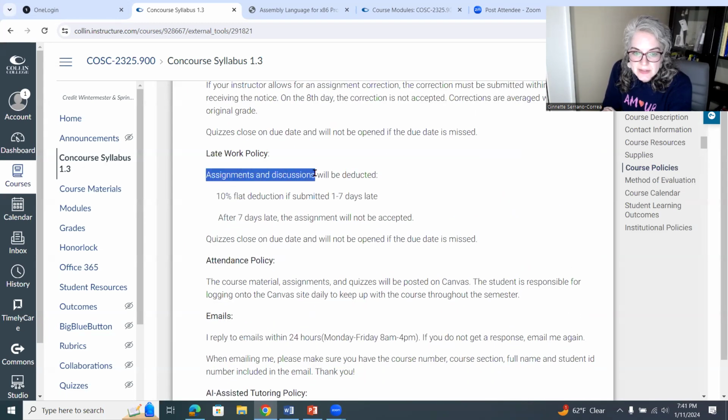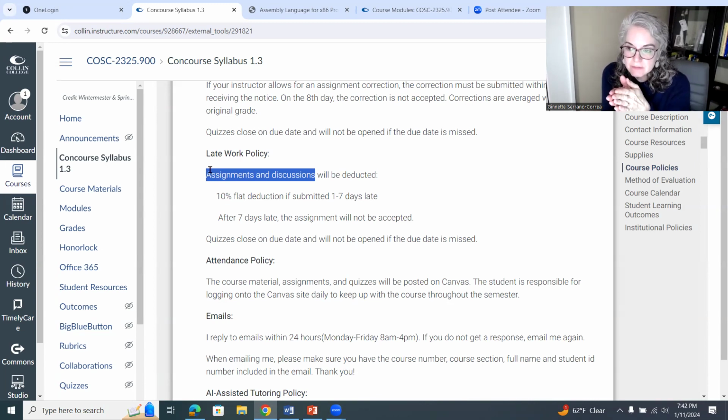So in this class, we have assignments and discussions. If you submit a lab assignment or a discussion 1 day late, it'll be 10% off. If it's 7 days late, it's 10% off. So it doesn't matter if it's between 1 to 7 days, it's 10%, just one time, taken once, flat deduction.